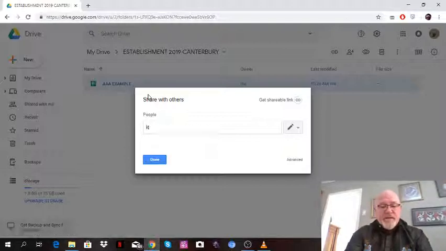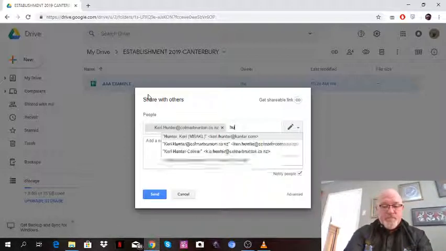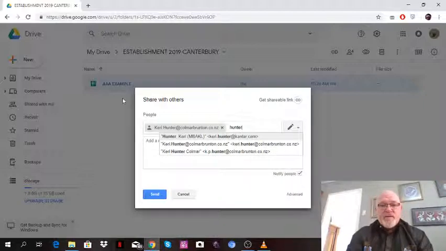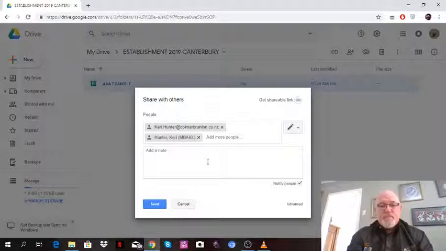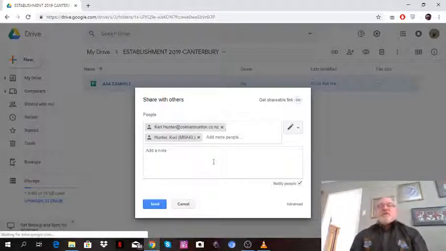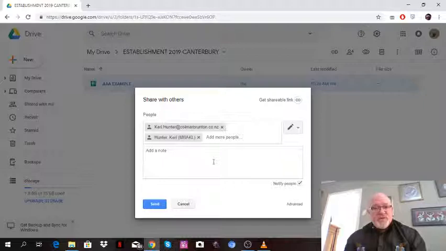So Kerry, I'm going to share this with you. Kerry Hunter at Kantar. And you just add more people. So you just add all your interviewers in, every single interviewer. Please add Kerry into all these spreadsheets so that she can see them. But put all your interviewers in. Once you've got everybody in,